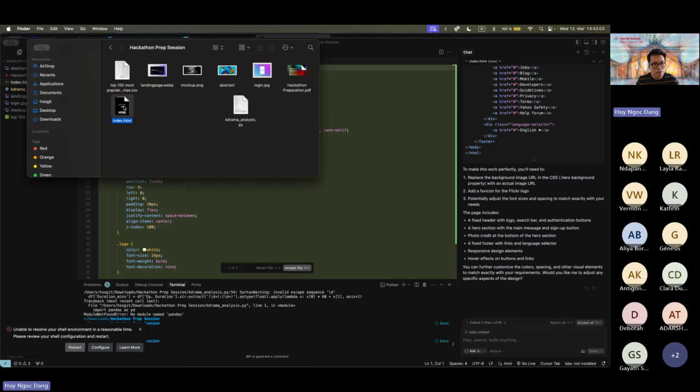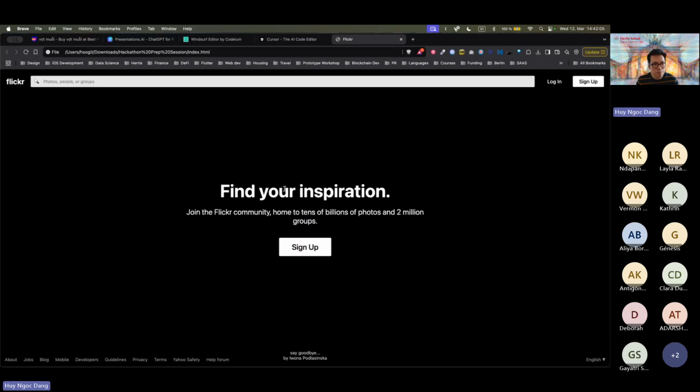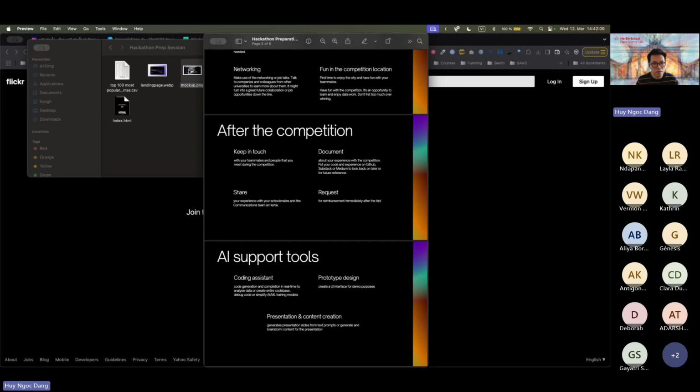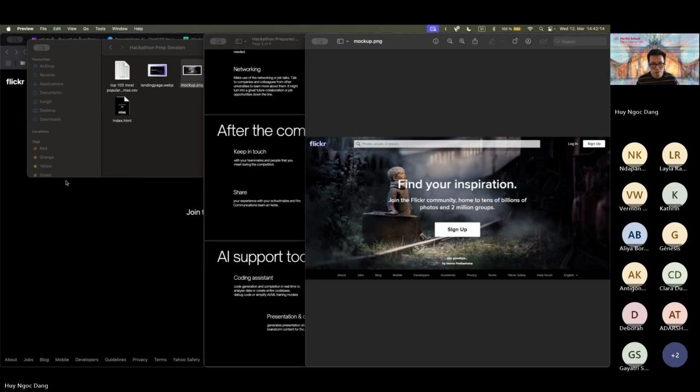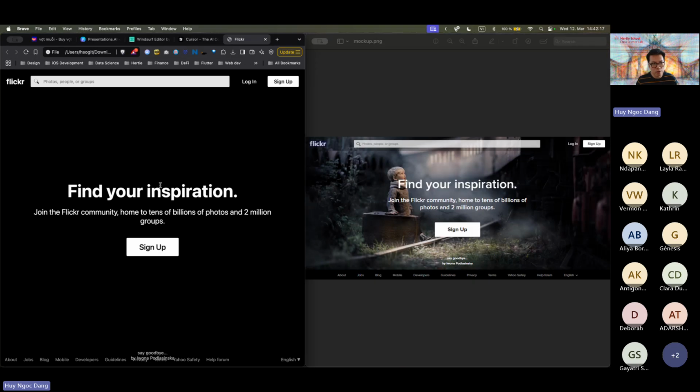Let's see what it looks like. Yeah. So for comparison, this is the original file that I want to replicate, and this is the HTML file that the chatbot created. So as you can see here, it's actually very close. If you just put the background photos in here, then it basically is an exact match.